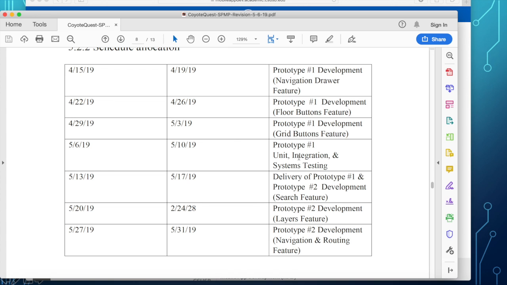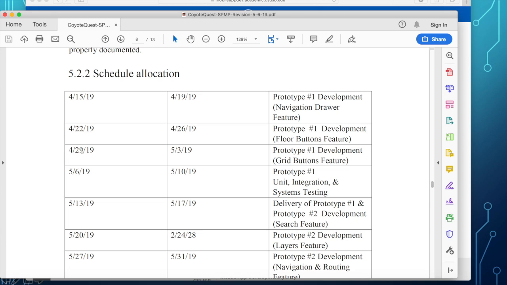So here are the work units that need to be developed, but I want to see this schedule allocation use a Gantt chart. G as in golf, A as in alpha, N as in November, T as in tango, T as in tango. Gantt chart.